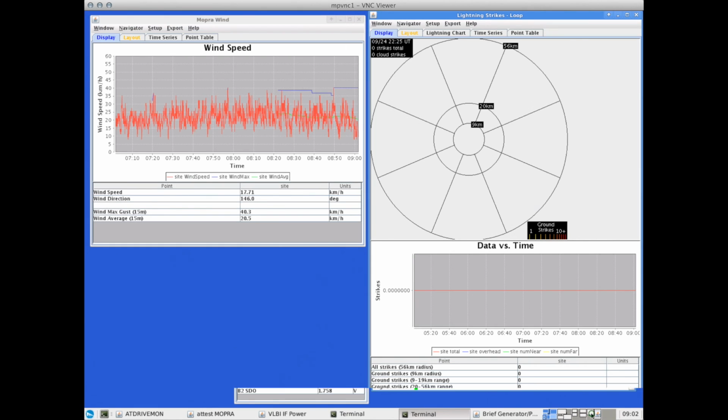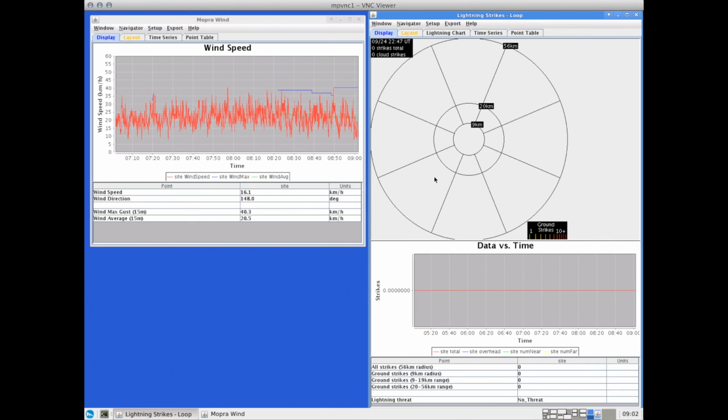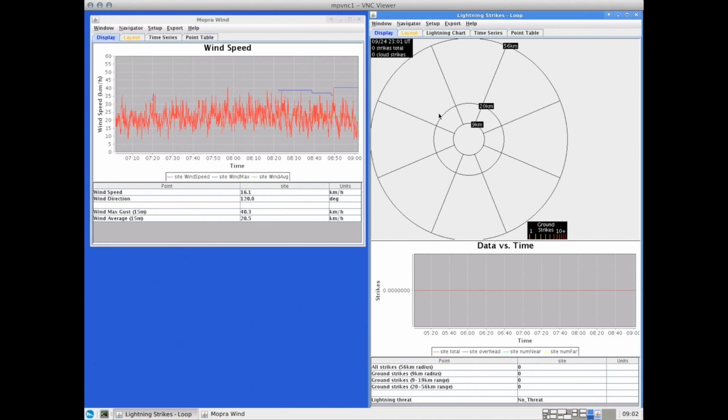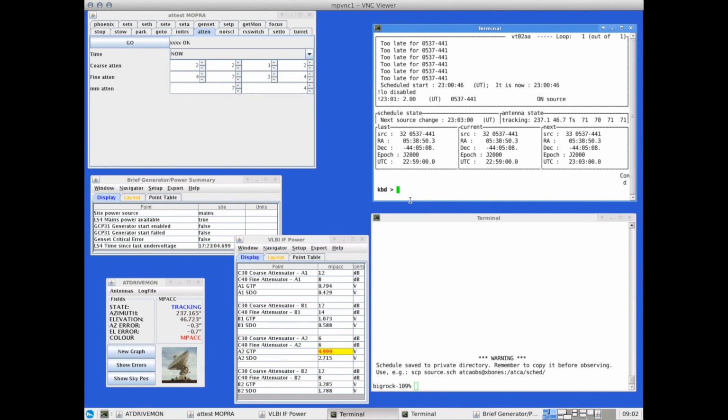And the last thing you need to monitor is just keep an eye on the weather, particularly if you can see that the wind is coming up or there is lightning about. And that's pretty much all you need to do for Mopra, as well as monitoring as normal the record and monitor